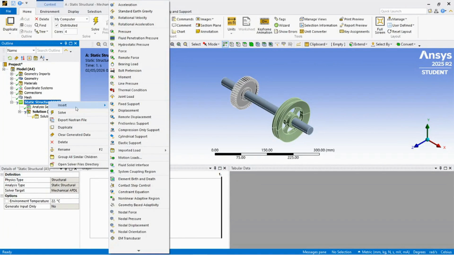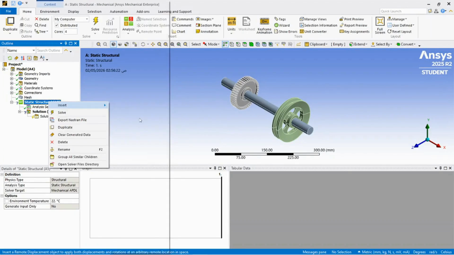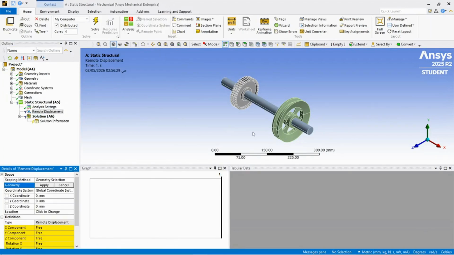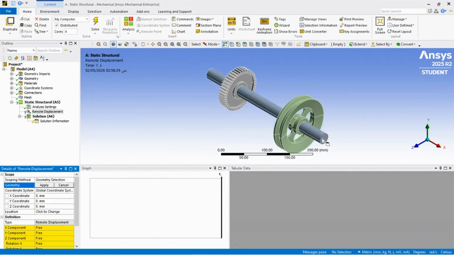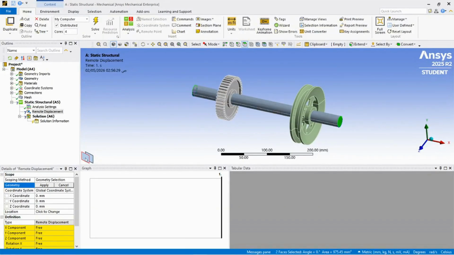Right click on static structural, choose insert and choose remote displacement. So click control and select the two end faces of the shaft.